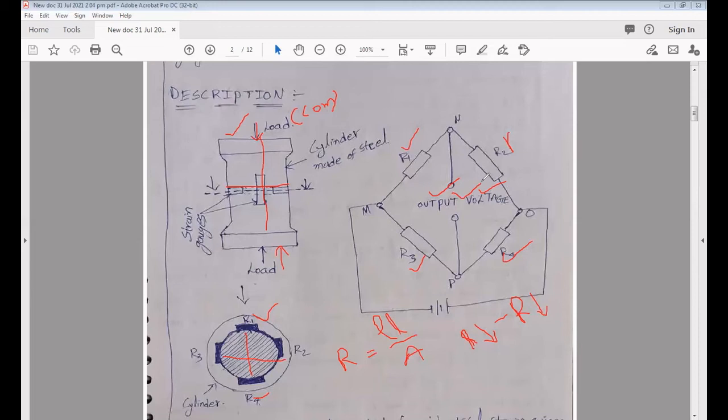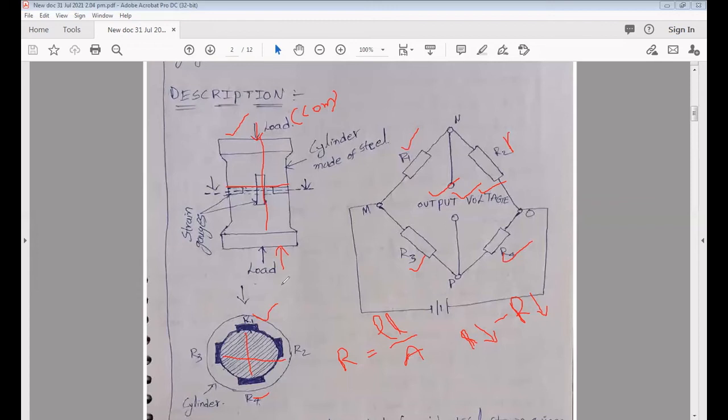Suppose for example 10 volts is there. According to 10 volts, we can tell how much stress we applied on the cylinder, and according to that stress, what actually the R1 and R4 resistances are due to the change of length of the vertical axis, and what the R2 and R3 resistances are in the horizontal axis due to the change of length. Because of the change in resistance, it will give a different output voltage.